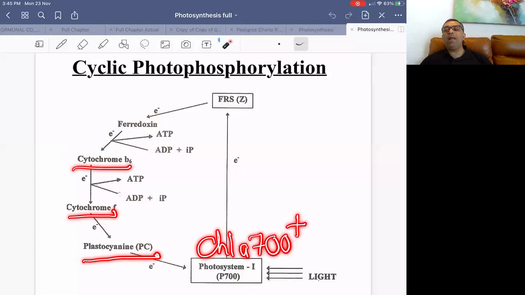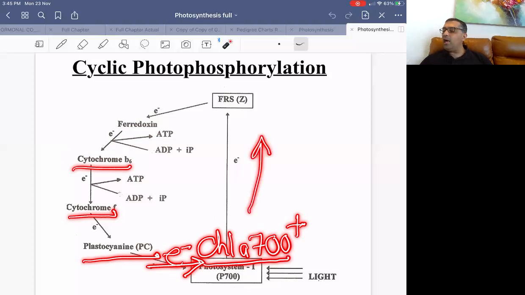Chlorophyll A 700 plus has the highest affinity for electron. So plastocyanin से the electron will return back to chlorophyll A 700 plus,